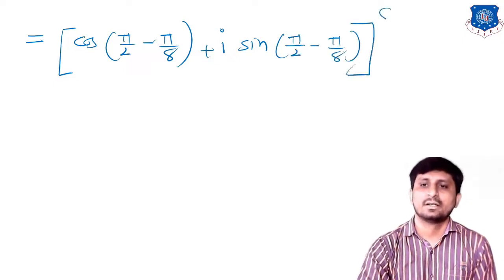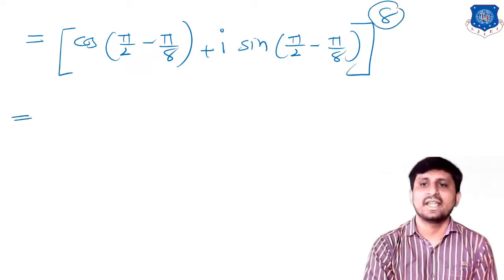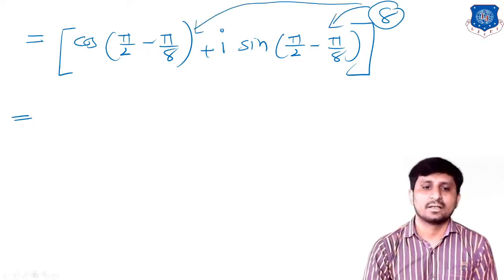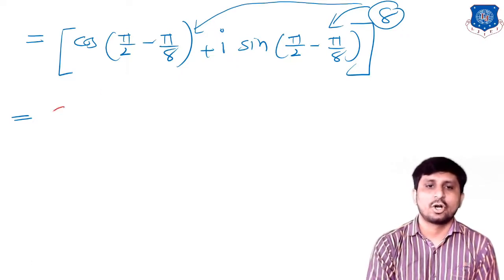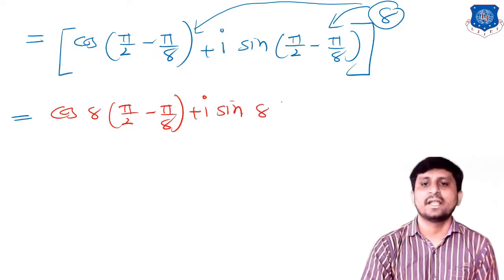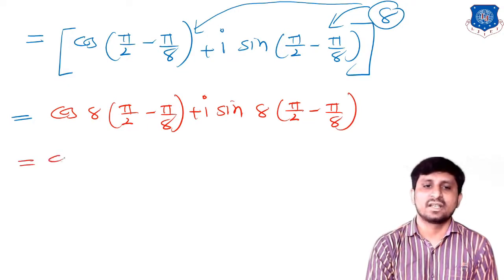Correct? Clearly. Okay, now you can apply de Moivre's theorem. So this 8, now you can multiply with this angle. So cos 8 into (pi by 2 minus pi by 8) plus i sin 8 into (pi by 2 minus pi by 8). So that's why this is 4 pi minus pi, so cos 3 pi